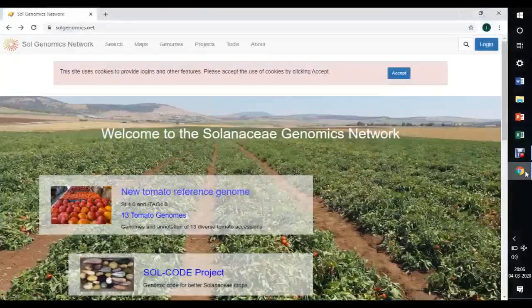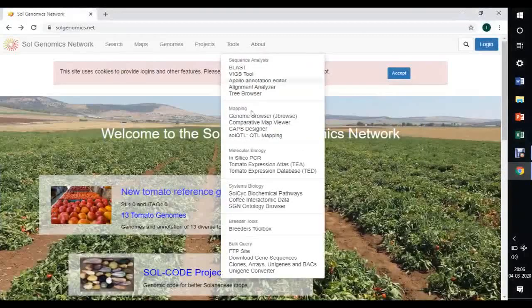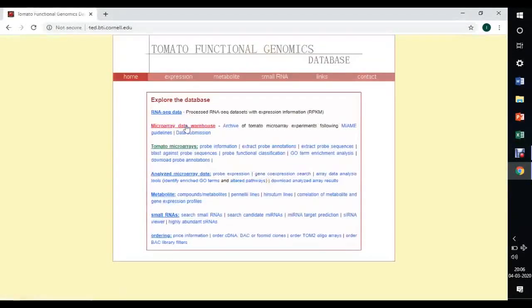In the tools option, you will find another option called Tomato Expression Database, that is TED. Here you will find RNA sequence data, microarray data, tomato microarrays, analyzed microarray data, metabolite data, small RNA data, and other bacterial artificial chromosome clone library data.